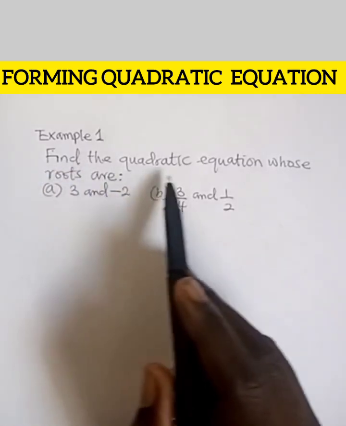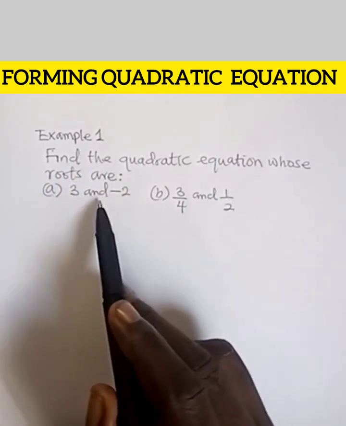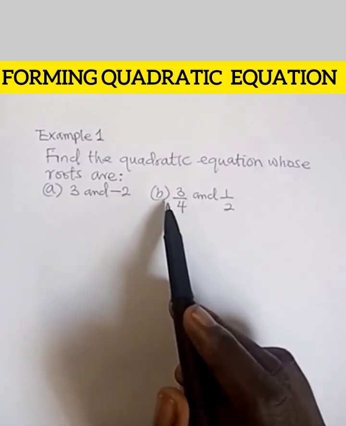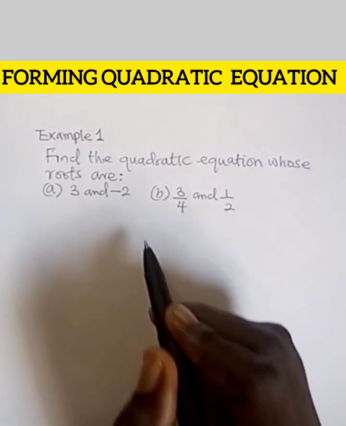Example 1 says find the quadratic equation whose roots are: a, 3 and minus 2, and b, 3 over 4 and 1 over 2. So to solve this problem,